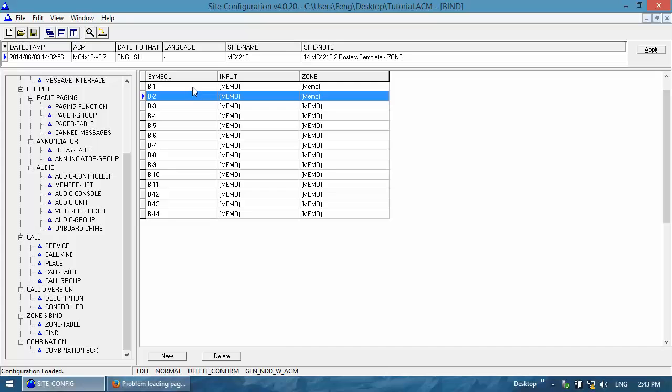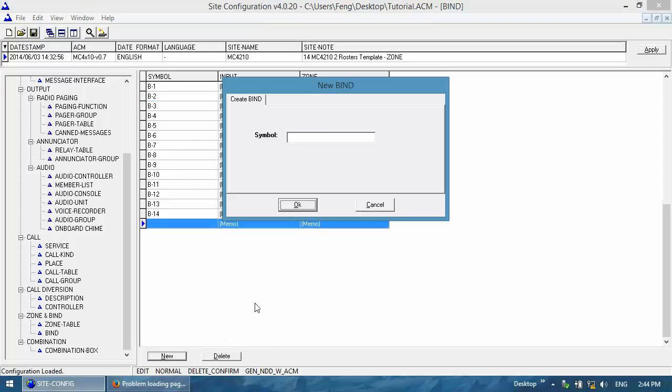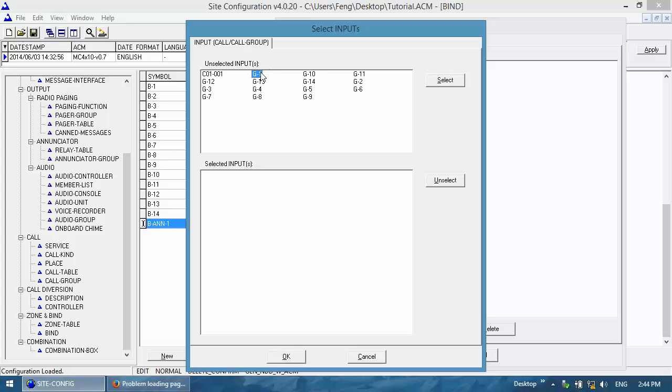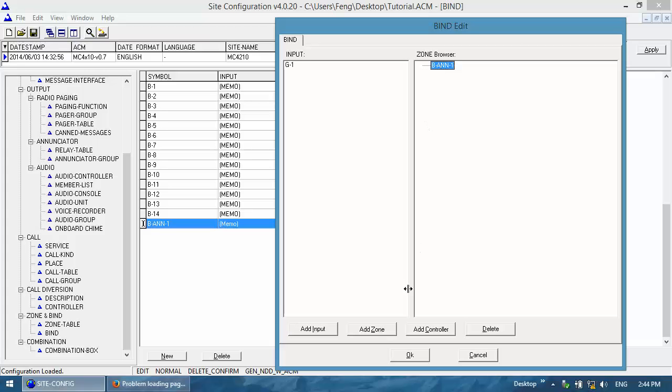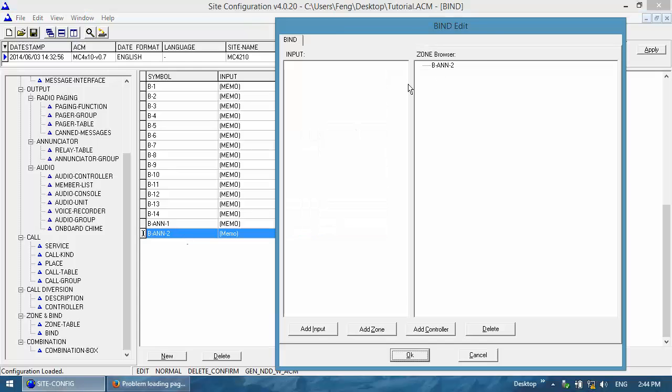Now you have the option to modify these default binds, but usually what I like to do is to not modify those default ones. So I'm going to delete this. So this is back to default, and delete this. This is back to default. And what I like to do is to create my own binds, E-ANN-1, and add group 1 to this, and add this zone, group 2,